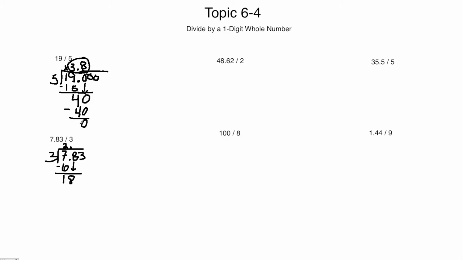How many times can 3 go into 18? 6 times. 6 goes above the 10th place. 6 times 3 is 18. 18 minus 18 is 0. So bring down the 3. How many times can 3 go into 3? 1 whole time. 1 times 3 is 3. And the decimal terminates. Got it to 0. So our new quotient is 2 and 61/100. If you got that,